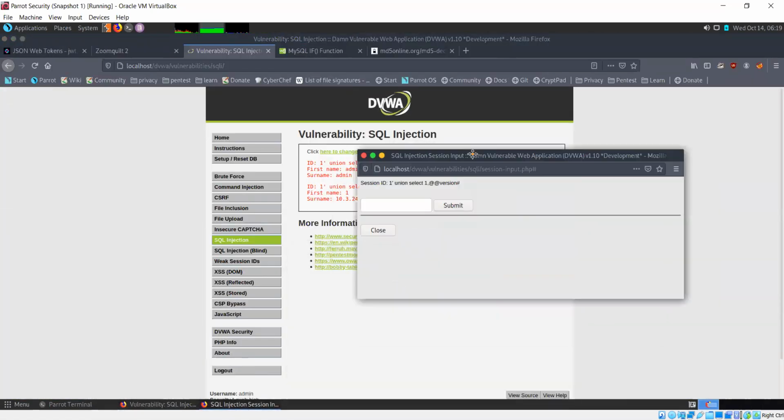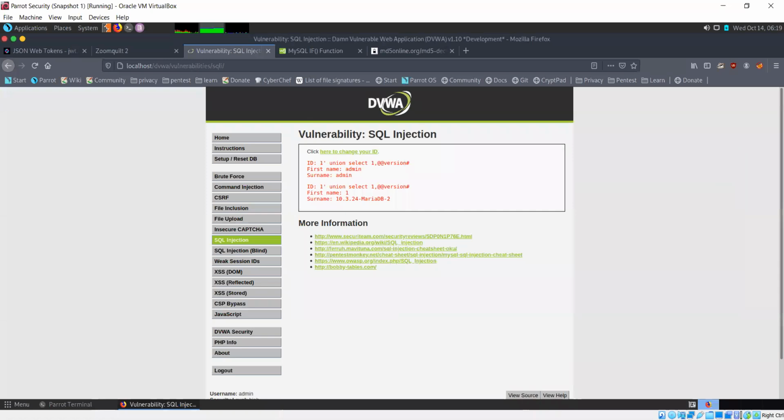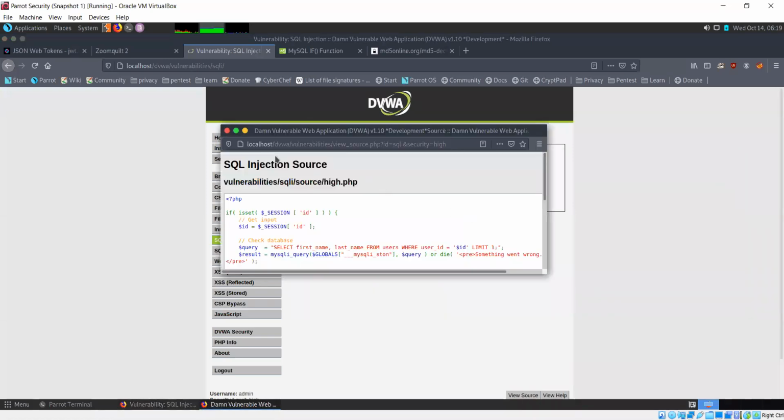Now if I take a look at the source code in this case, this is the SQL statement that's running: select first name, last name from users where user ID is equal to whatever input we are giving. And after that, there is this limit 1.